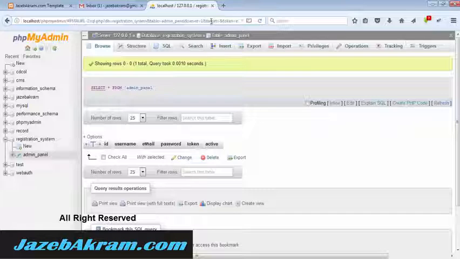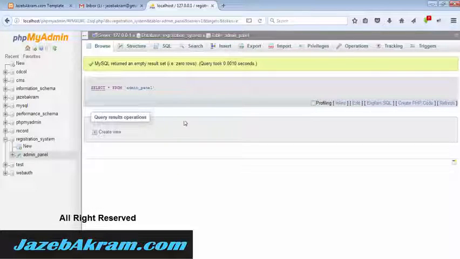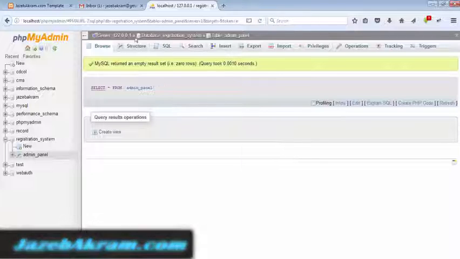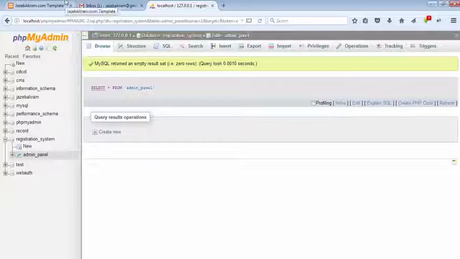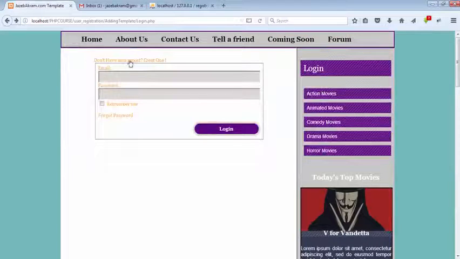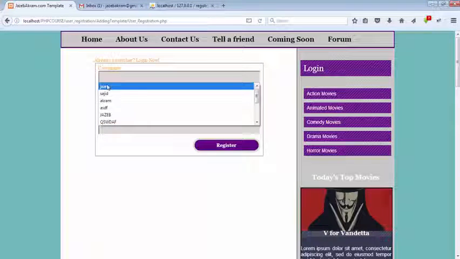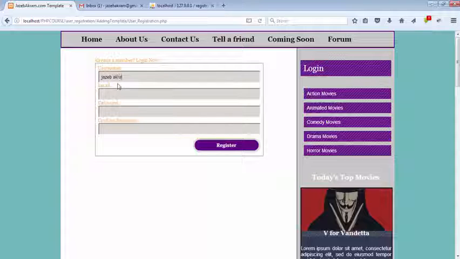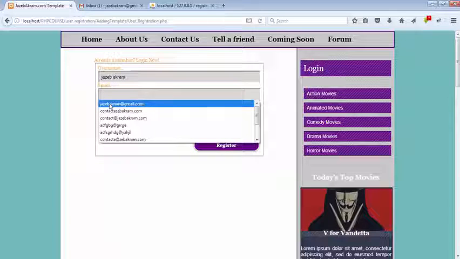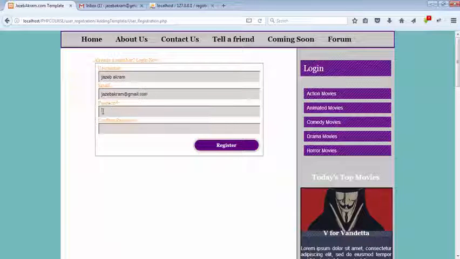So now you can see my table of admin_panel doesn't have any record in this. So I deleted the only record from here, and now I don't have an account. So if I click on this create one and give it my username Jazib Akram, email jazibakram@gmail.com, password of 1234